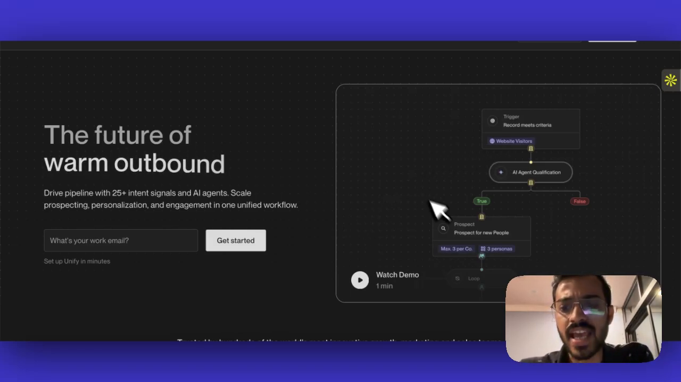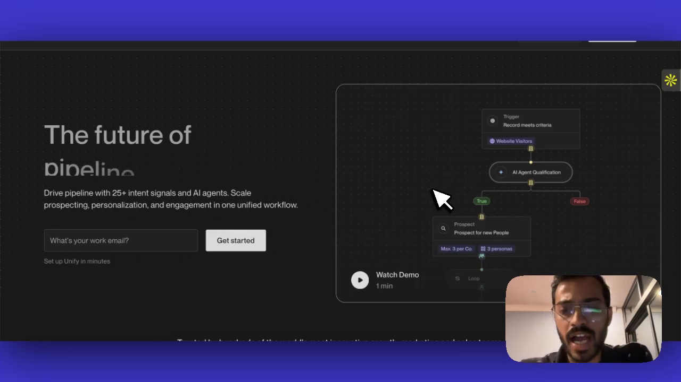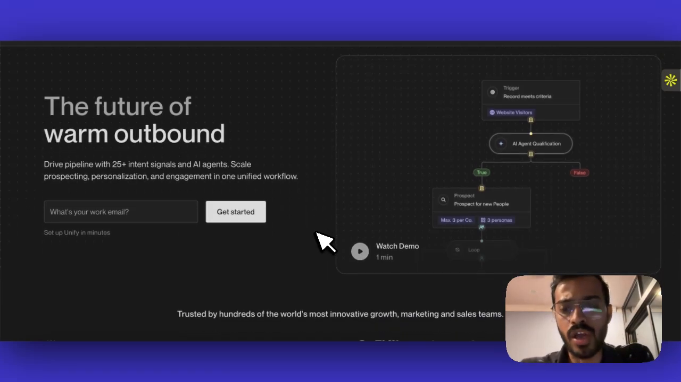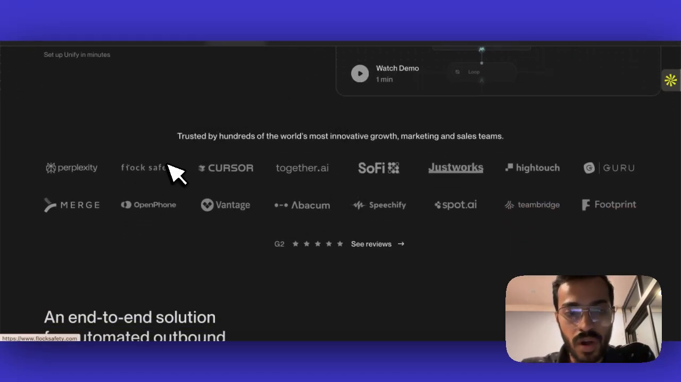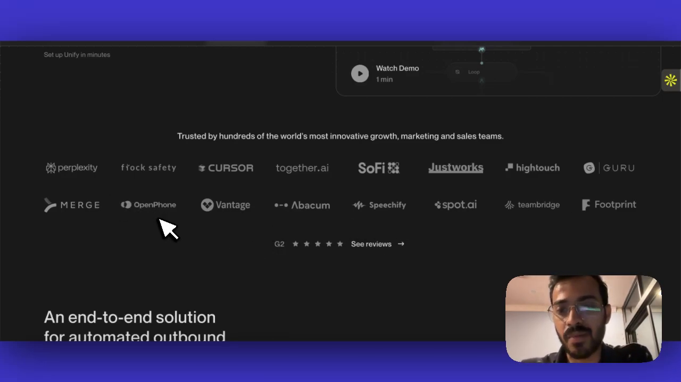And you can see that it has a workflow, a flowchart kind of a product interface. So it essentially shows the user what the product looks like, which is fantastic. Exactly what they should be doing. And then you have all these world-class companies coming in, showing their logo, dropping who uses Unify. You have companies like Cursor, Together AI, Perplexity, High Touch, TeamBridge, Speechify, OpenPhone, all these world-class companies coming in and